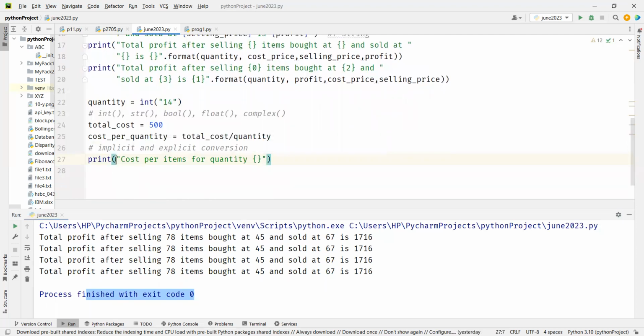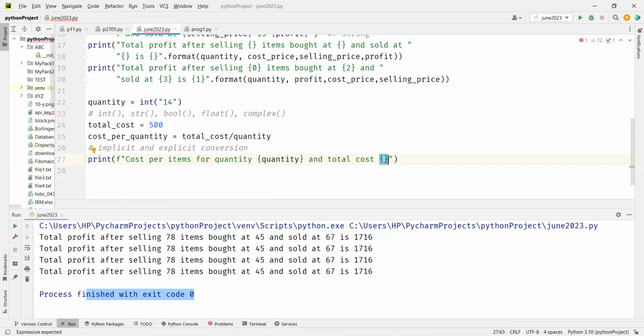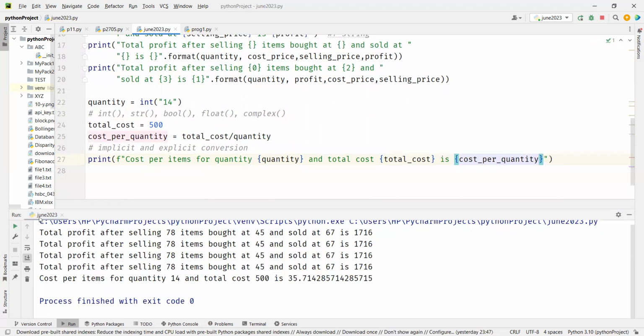I'll put F here and I'm going to say quantity, cost per item quantity and total cost is cost per quantity, correct? Now let's print this output. Now you see here, cost per item for quantity 14,500 is